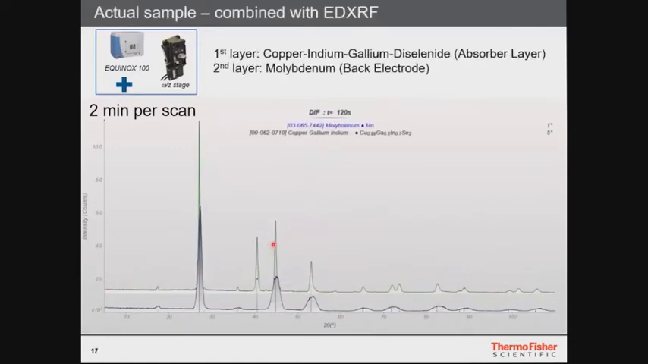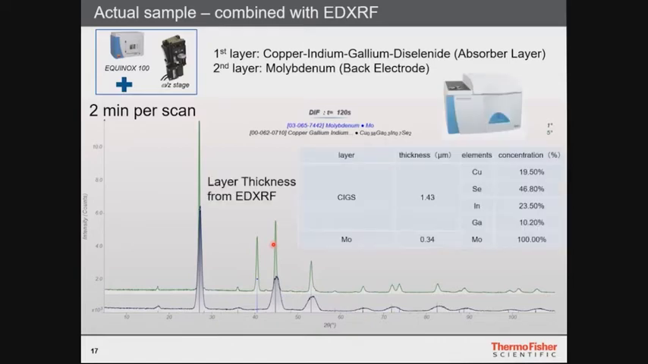We afterwards look up which phases these signals belong to by comparing them to a database. We find two phases. One is copper gallium indium selenide and the other one is molybdenum. So this is a CIGS solar cell, and it uses molybdenum as a back electrode and copper gallium indium selenide as the absorber material. So we can nicely see that we can get signals from both of these layers, and